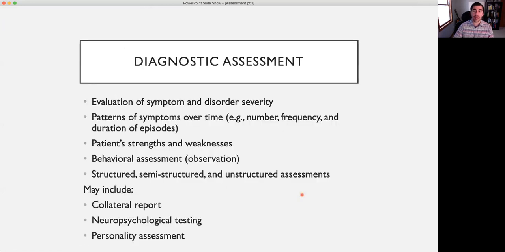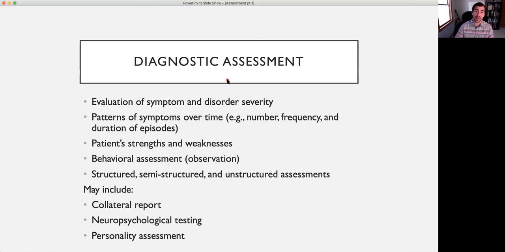Let's transition now to diagnostic assessment and talk about this other scenario in which assessment is a key aspect of practice for mental health professionals, including psychologists. Diagnostic assessment is supposed to be really detailed. It's supposed to take a substantial amount of time. Again, there are limits to that. We have to make sure that we're not taking all the time in the world. But there is a big difference between the amount of time that we expect in a screening process versus in a diagnostic assessment.